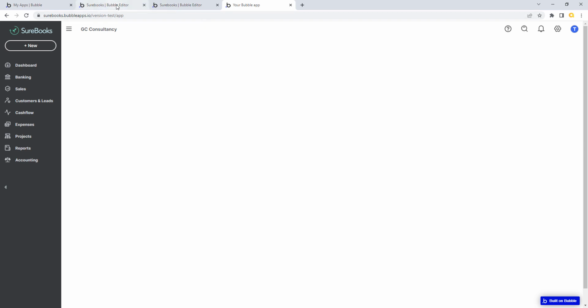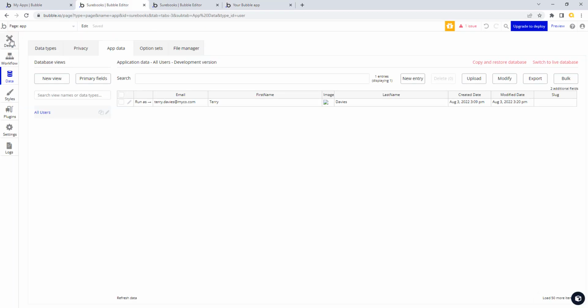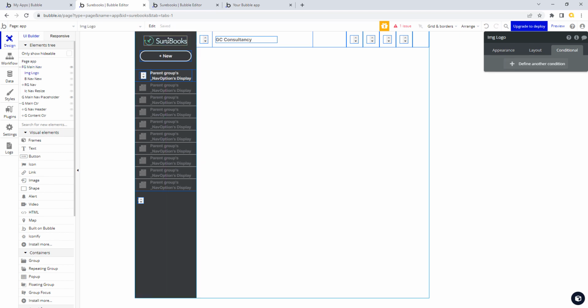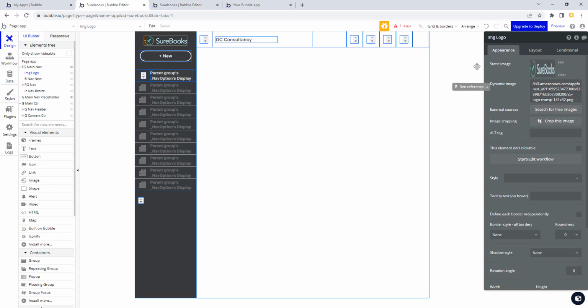So let's crack on with doing the rest of it. So let's deal with it top to bottom here. So let's deal with the logo at the top. So what we're going to need to do really to get this right is that we're going to need another image. Okay, so we're going to need the image which is standard here, which is our Showbooks main logo, and the smaller one that just contains our little thing there. So we are going to need a different image, and then all we need to do to load that in